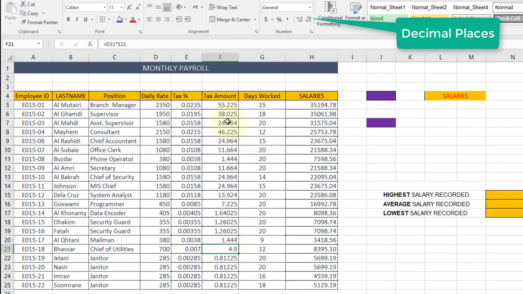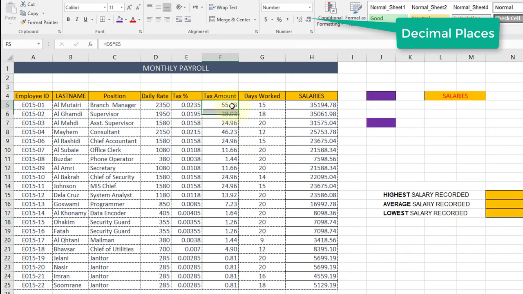Okay, so let's see. We can select all of them, or let's start with one first. This one. Now here on the number group, you have something called increase decimal and decrease decimal. You can see we can increase it or we can decrease it. As I said, we want only 2 decimal places. So now let's select all of them, and then we have up to 2 decimal places.